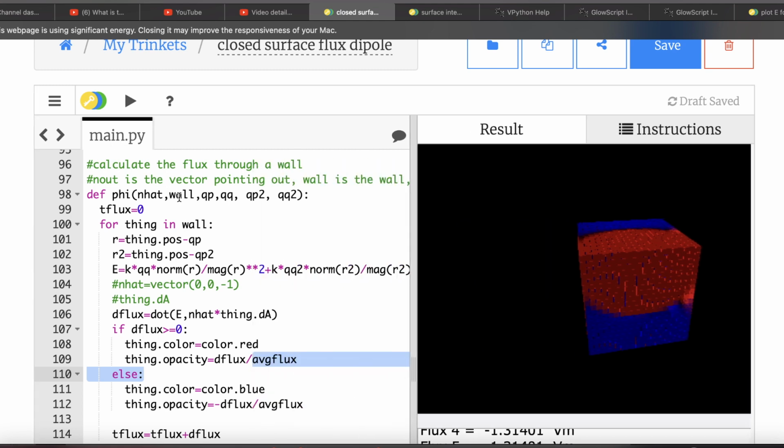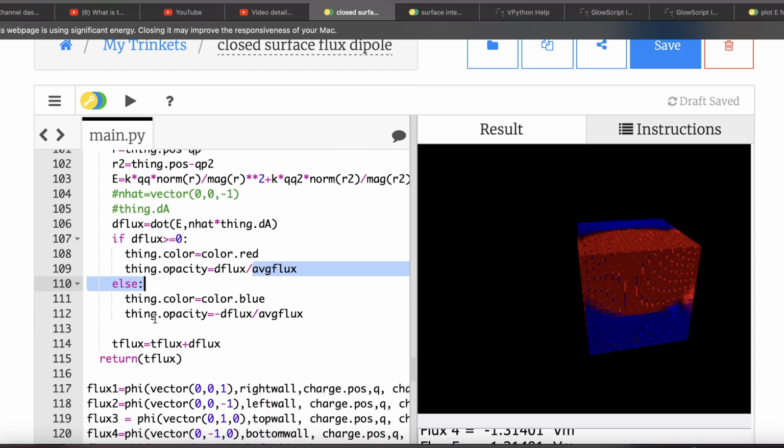The wall is the list of things in there, and then I have 2 charges. I put both the position of the charge and the value of the charge. And I only had 1 at first, but then I decided to do 2, and so there you go. So other than that, it does the same thing. It calculates R for both charges, the total E, the flux